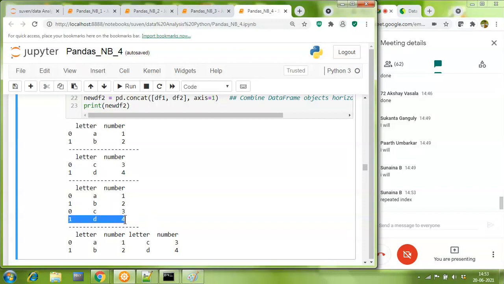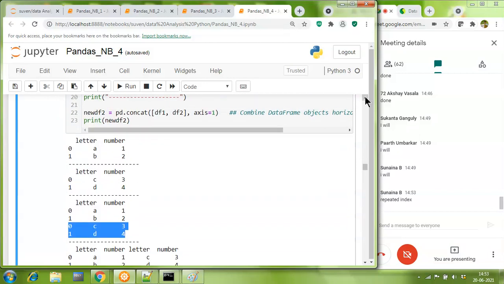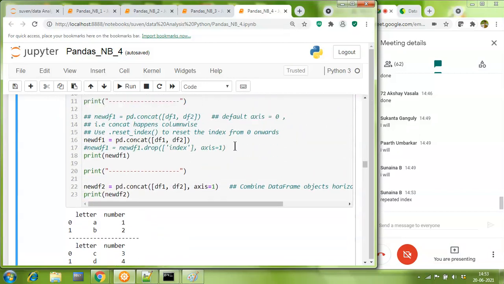Do you notice that when the concatenation happened, no brains was used by the concat function? It simply took the rows of data frame df2 and stuck them on, like a strong glue joint, df1 and next df2. That's it. It's like cut and paste. So it makes very valid sense that we should add reset index.